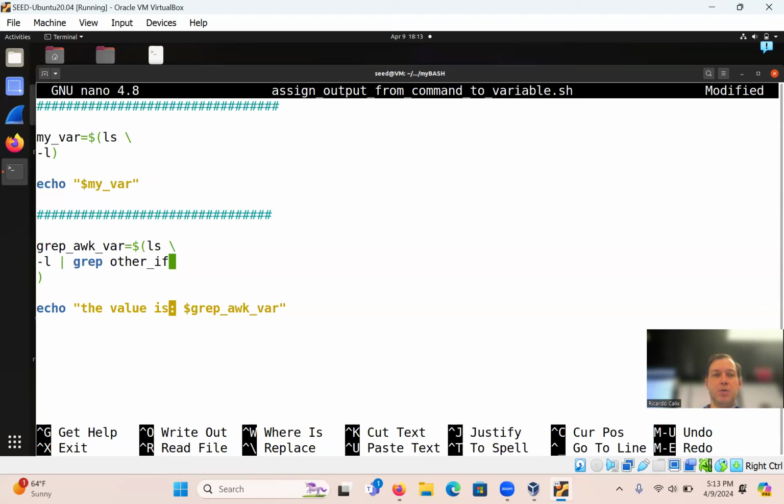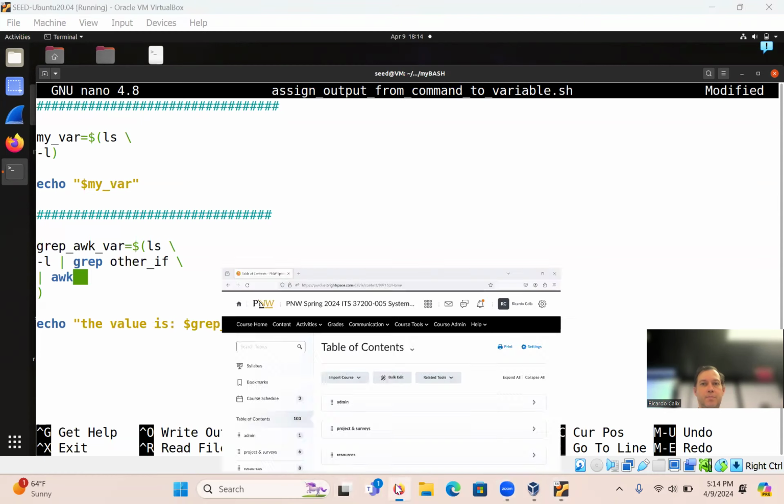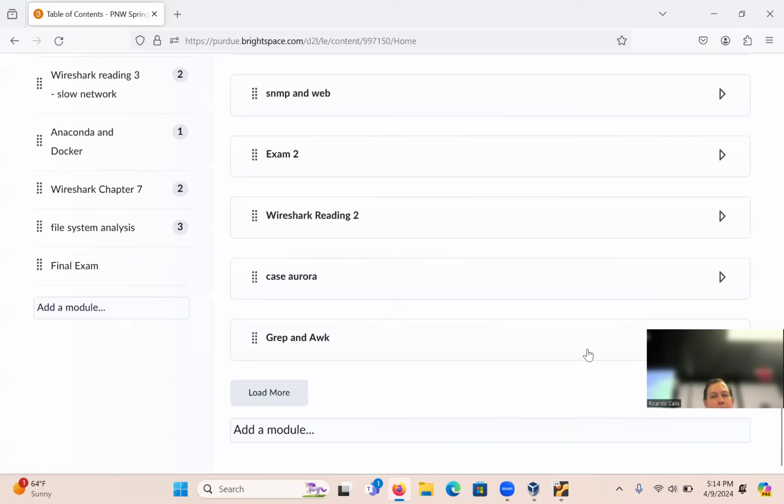Okay, so we need to pipe awk. And then who can tell me the syntax for this one? We can look at it. We have it in Brightspace under grep and awk.